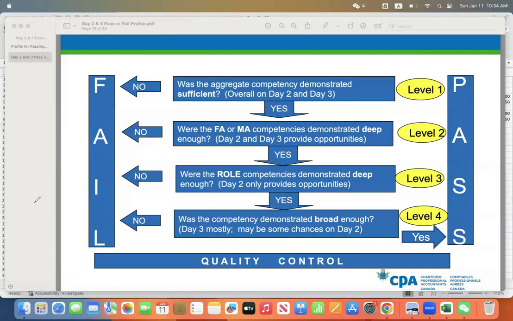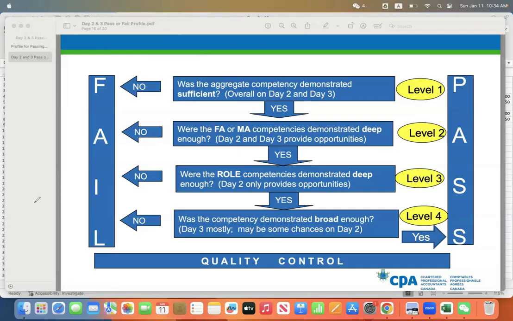Okay, so this is about exam strategy. I want to mention this because some students, when they finish day two, think they didn't do a good job, and then they just skip day three. They stay at home and think, okay, for sure I'm going to fail because I didn't do well in day two. What's the point of going to day three? And they just stay at home and skip day three.